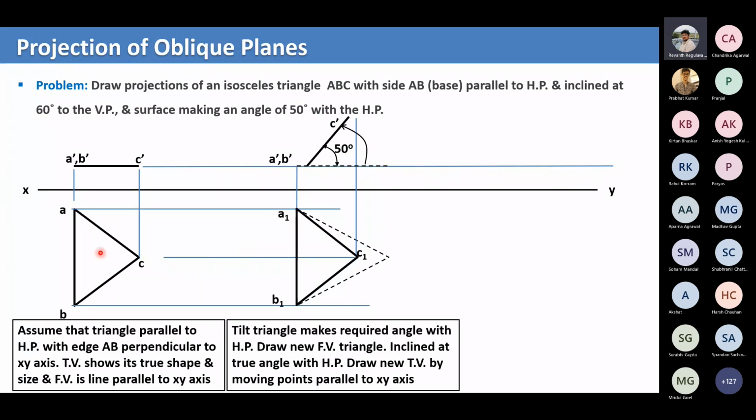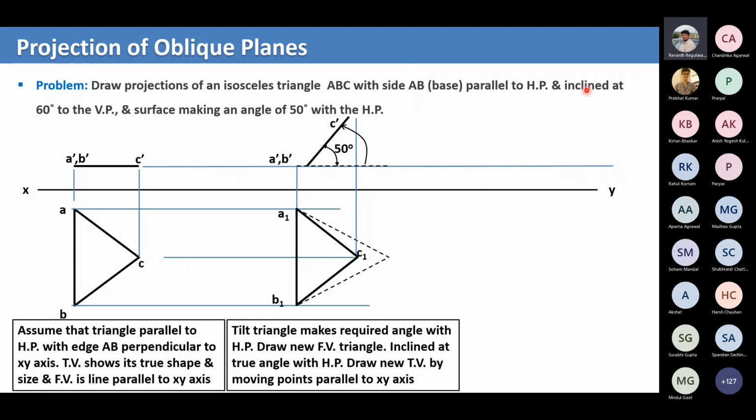So now what you do is same thing that we draw the construction lines here and here, and then we extend this point C dash. We extend it from here. It will meet this point, and we'll label this as C1. Okay. Now that this surface making an angle of 50 degrees is satisfied, we go to the other point. What is the other point? This base